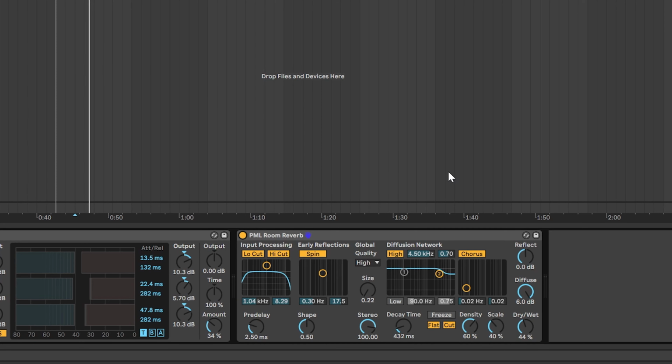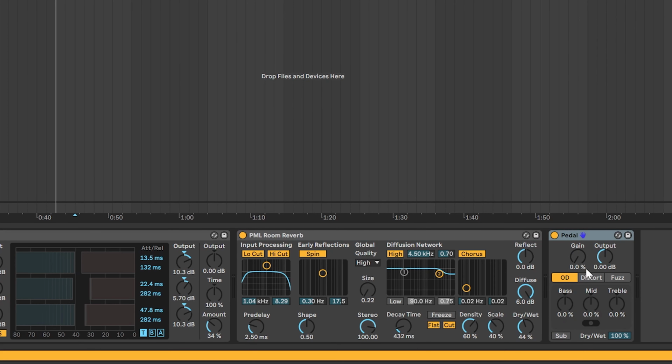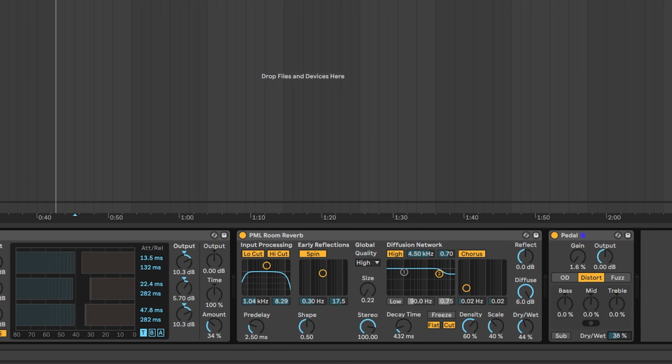That is a real pro tip from me here. Use the room reverb, especially in these settings here. Then what I love to add is pedal in distortion mode and really low dry wet. It works perfect on this sample here.